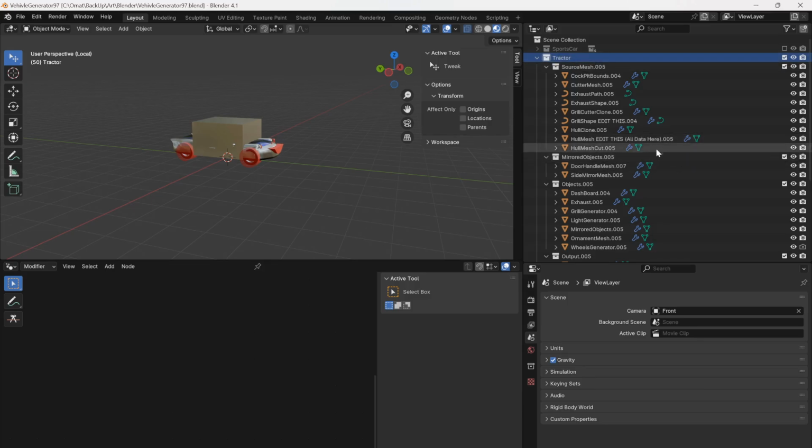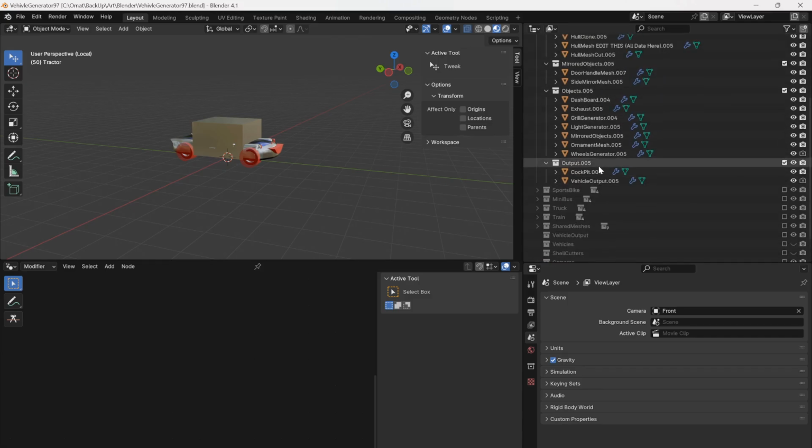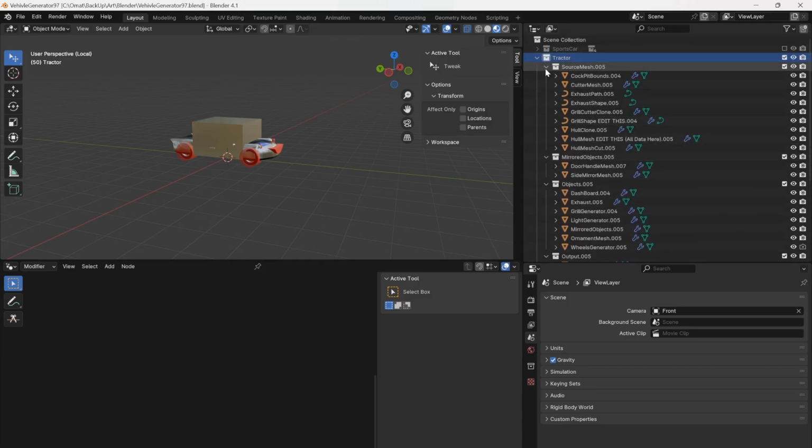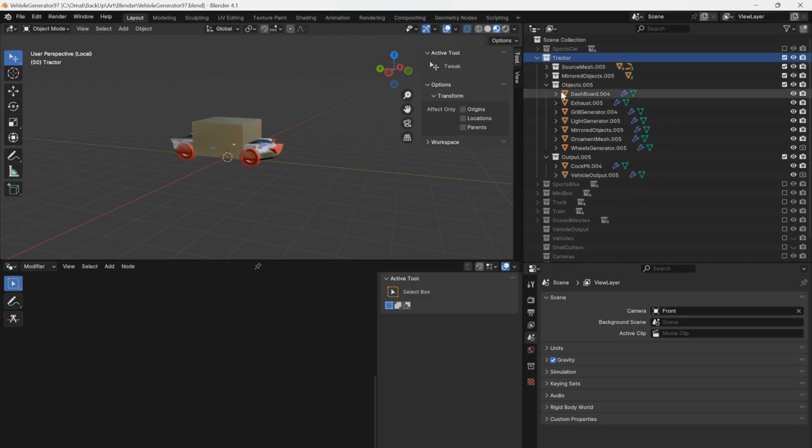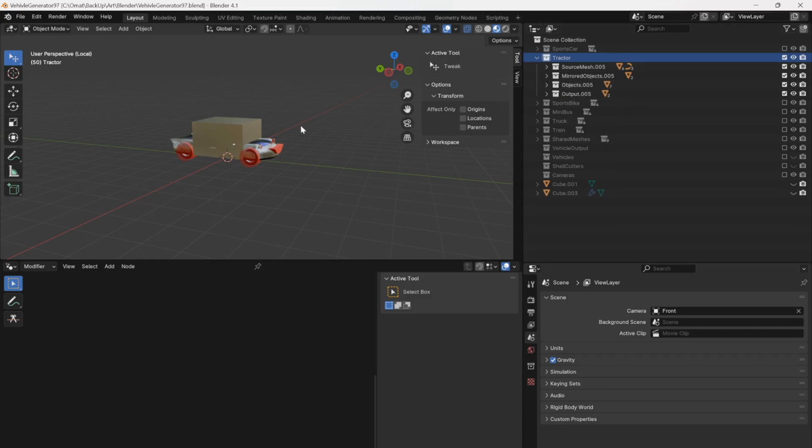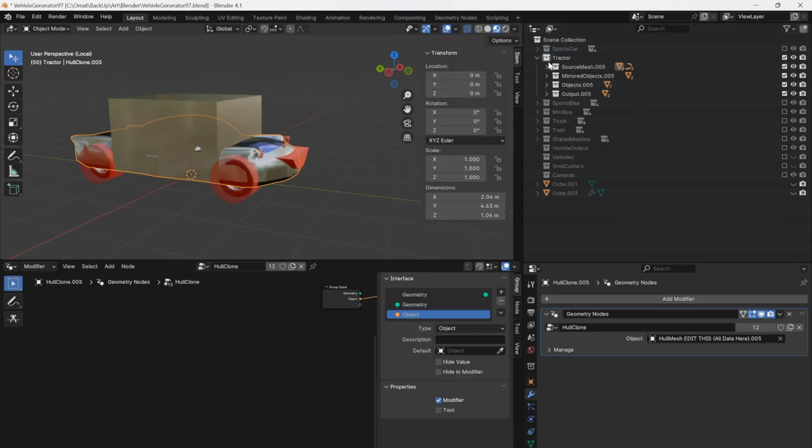And since this naming convention is pretty nice, Blender does it automatically. It gives new names for everything, and all the links remained here, so